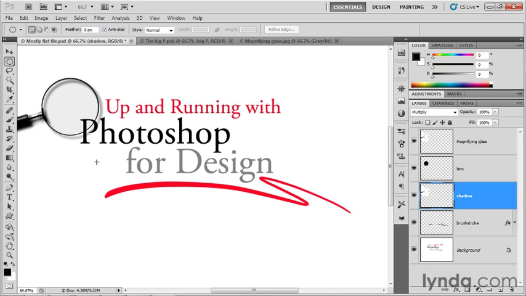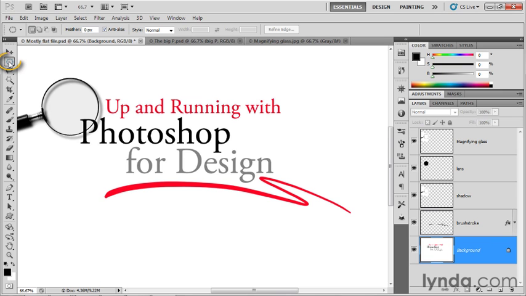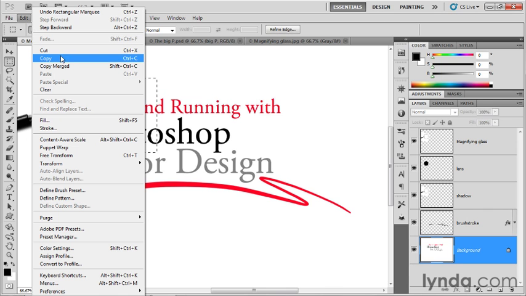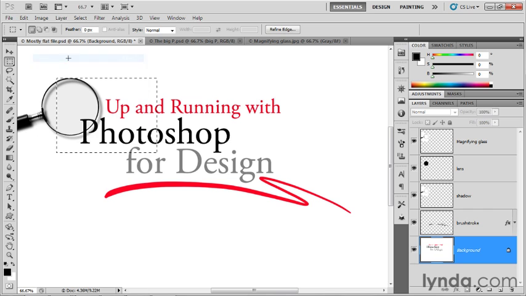All right, the final step is to increase the size of that P inside the glass. So I'll select the background layer. You may recall from the previous movie that the text and the background are fused together, so the text is actually made up of pixels. I'll go ahead and switch to the rectangular marquee tool, and I'll select a general area of this text like so, and then I'll go up to the Edit menu and choose the Copy command, or I can press Control-C, Command-C